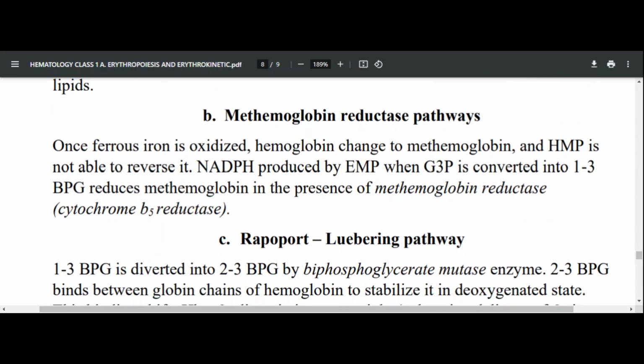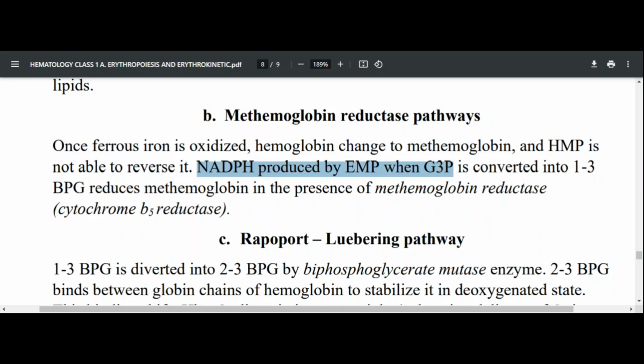But it works once ferrous iron has already been oxidized, then hemoglobin has already changed to methemoglobin. So methemoglobin is useless hemoglobin, and this action cannot be reversed by the hexose monophosphate pathway. Hexose can prevent it, but it can't revert it when it has already happened. So the requirement is the next pathway, which is the methemoglobin pathway, which also involves